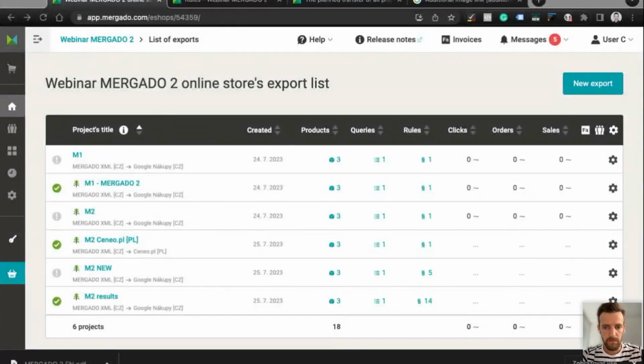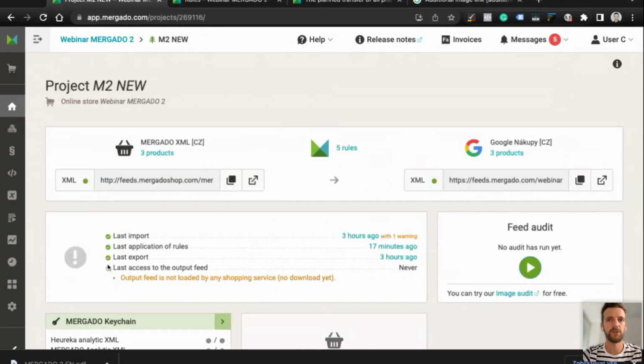Let's start again. And as I mentioned before, we will talk about product parameters, how to correctly set them using the MERGADO tool, and how to work with them. Let me share my screen. Perfect. Hopefully you can see. So let's go to our test project